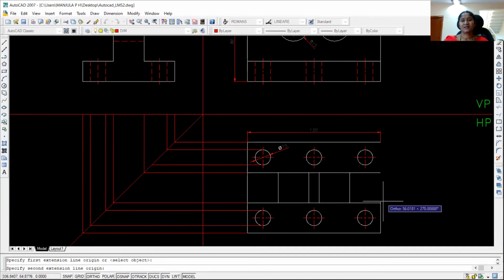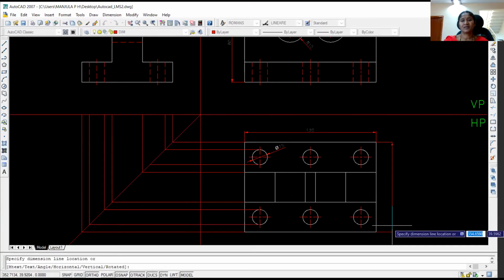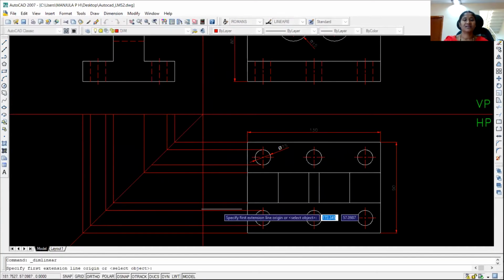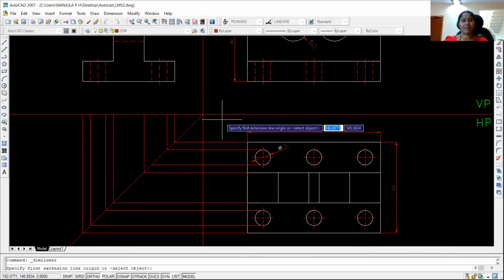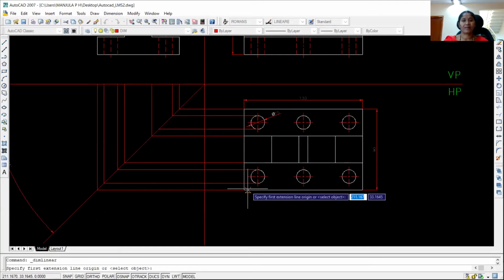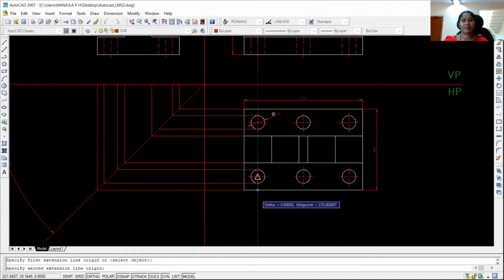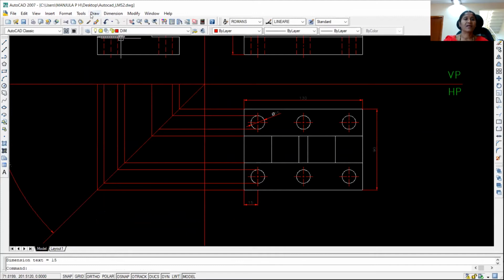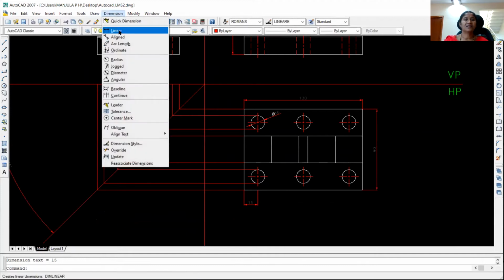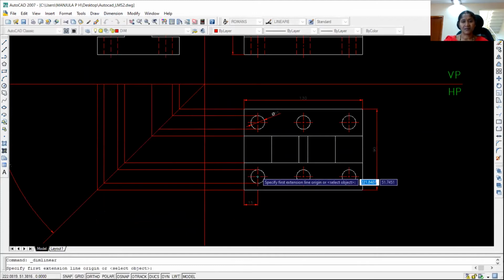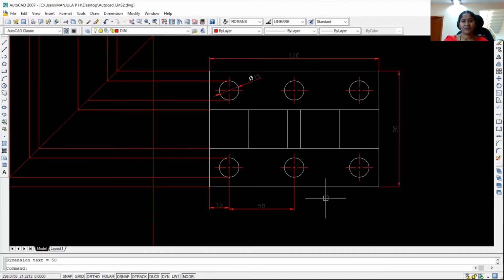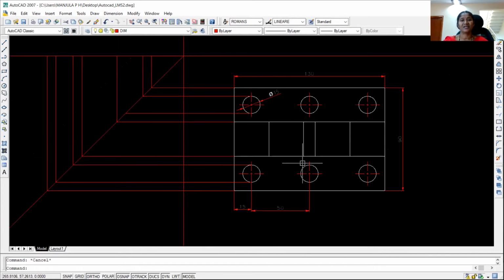So this will be from here to this. Again similarly, dimension, linear. Dimension, linear. Like this, for whichever dimension you want to indicate, you indicate all the dimensions.